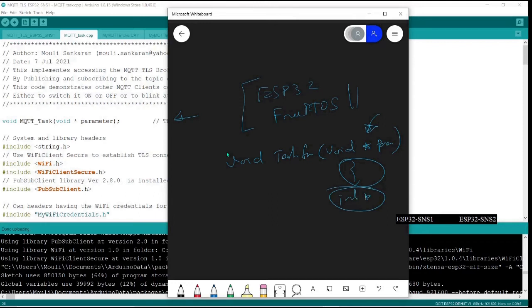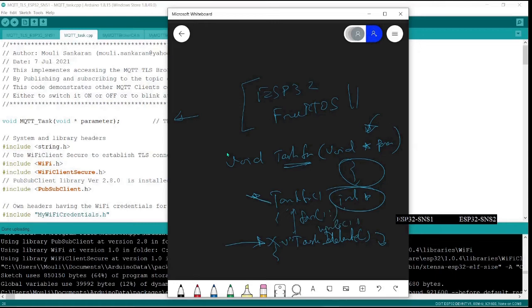So you have to make sure that the function you write never returns. What I mean by that is, in the task function you write, you have to call vTaskDelete at the end. When it reaches the end of the function, it should delete itself by calling an OS function. Or if it is supposed to be running forever, then you have to put in an empty for loop or a while(1), so that it never comes out of this function.